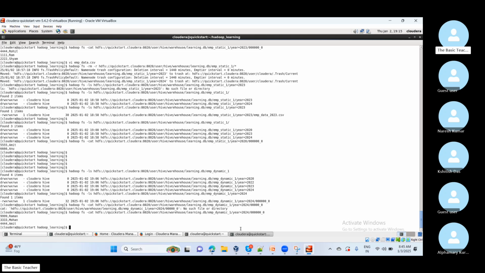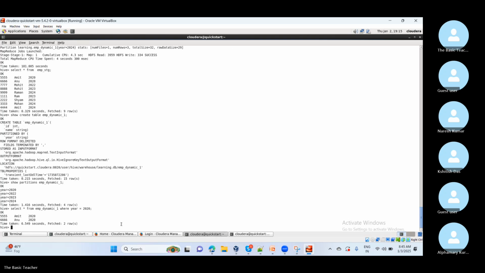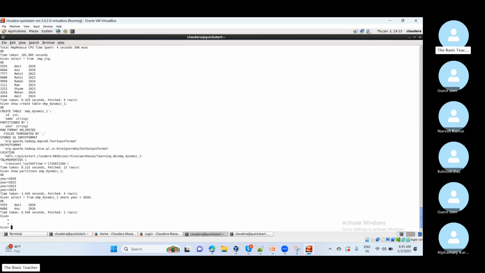So likewise, now quickly we can check. We have 10 minutes more. We were talking about ORC files and all, right? So let me create one more table. Create table employee ORC and ID int, name string,